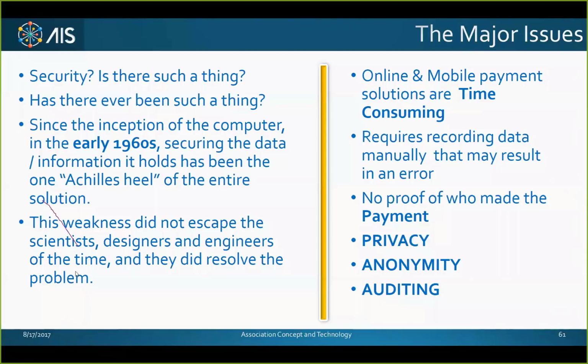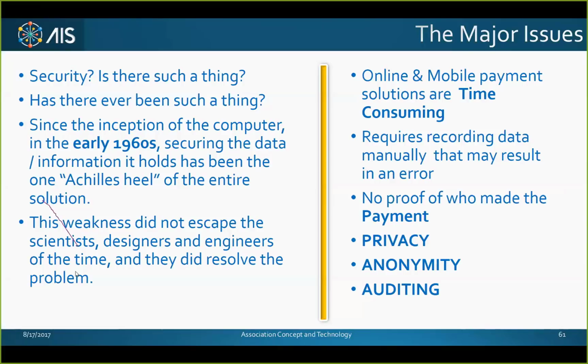And our online mobile payment system is now becoming the standard around the world. Africa pretty much runs entirely on the mobile system. In the United States, it's on the web. Online buying has exceeded retail in the stores for the first time, and that will continue to climb. Now, the recording of data manually may result in an error, and as we all know, basically 35% of all data entered into the system manually is fraught with errors. That's a very high figure, but it's about 35%. Now, the other issue is no proof of payment made, etc.